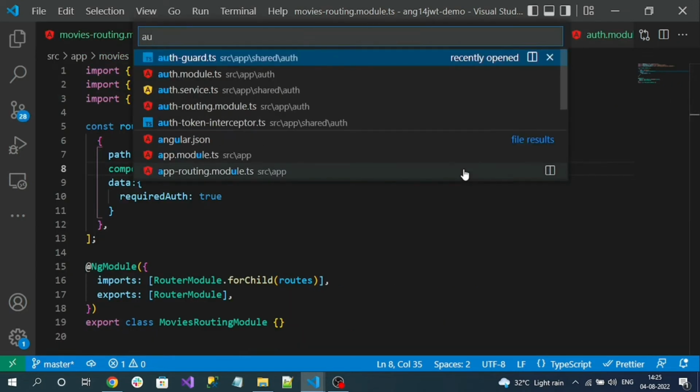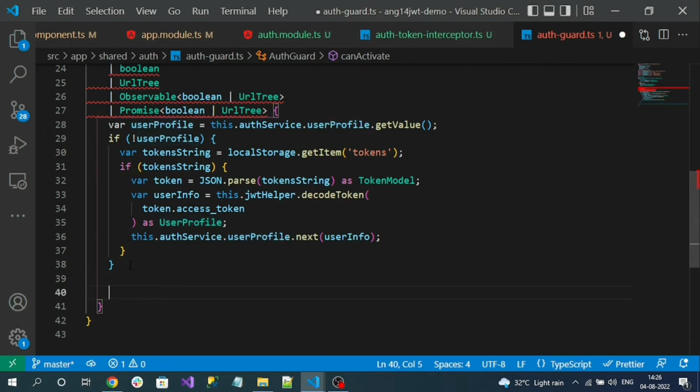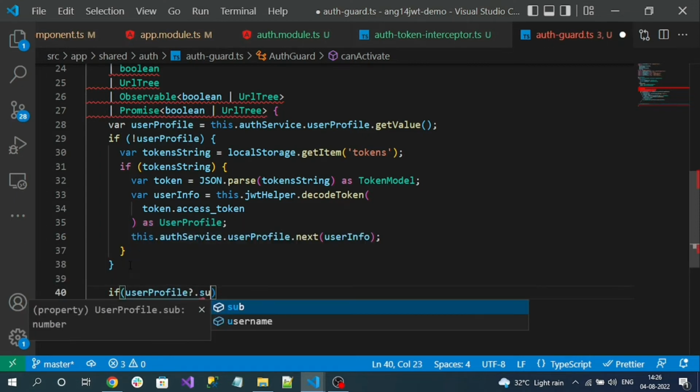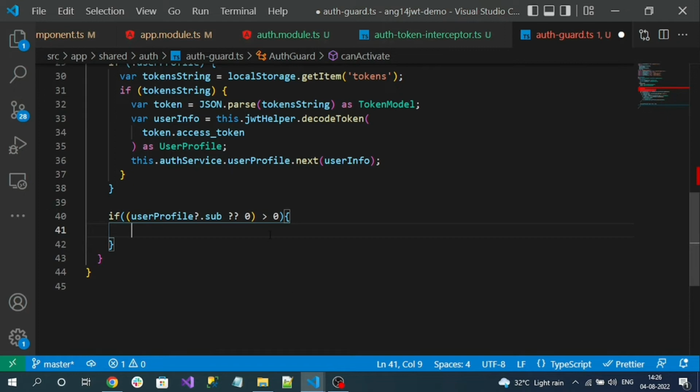So go to auth guard. Now we can write conditions like if profile dot sub. I will check for null checking because there might be a case when the user is not authenticated, then sub will be empty. So here, what I am checking, sub greater than 0 means user is authenticated, because sub contains the user login ID. Okay, if it is greater than 0, next what I can check means if